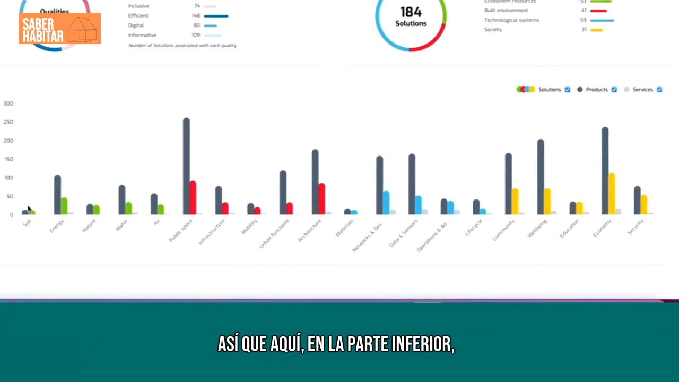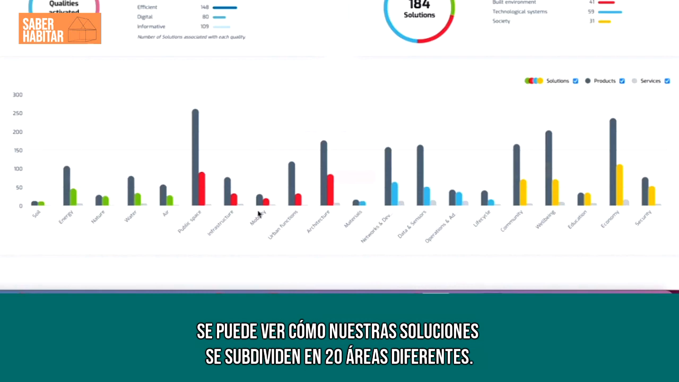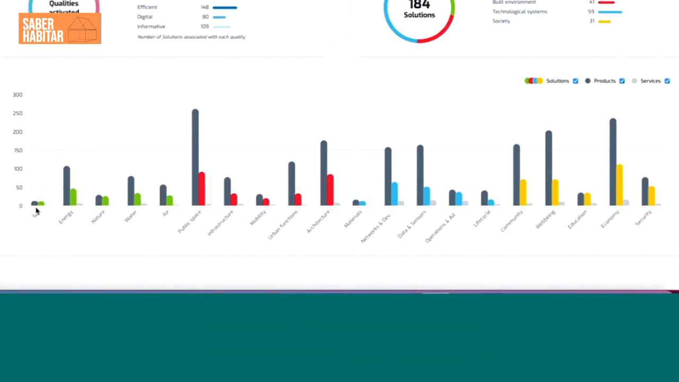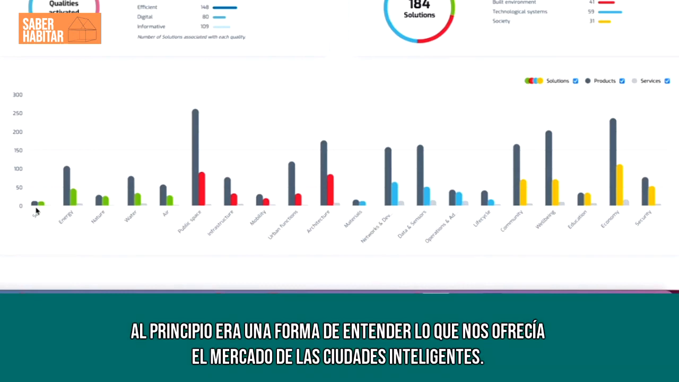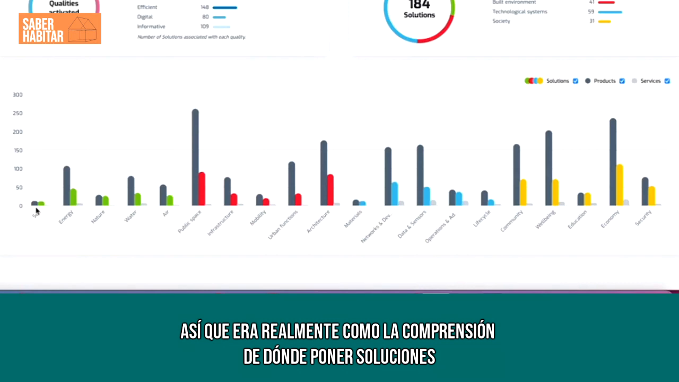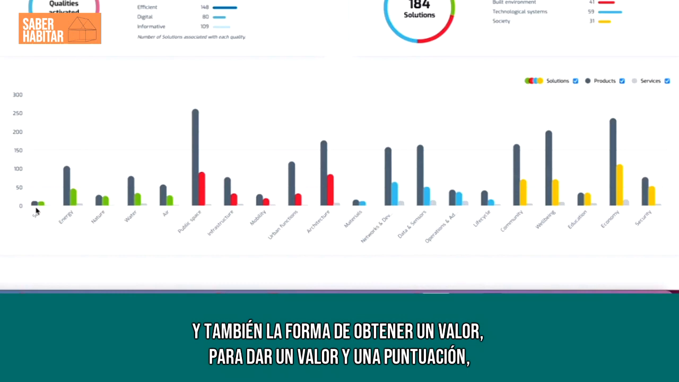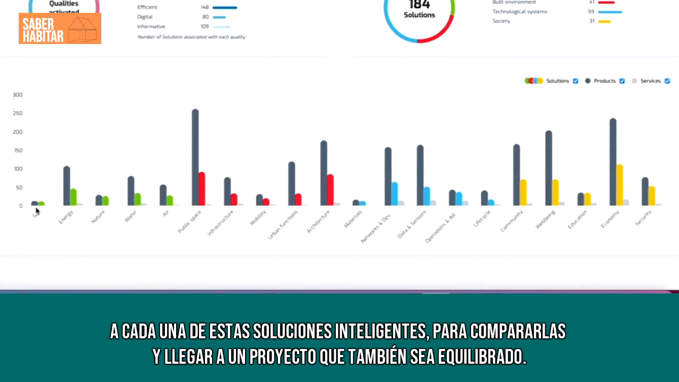So here on the bottom, you can see how our solutions are subdivided into 20 different areas. Initially, this was really a way for us to understand what the market of a smart city was presenting to us. So it was really about understanding where to put solutions and also how to give a value and a score to each of these smart solutions, to compare them and to get to a project that is also balanced. Okay,